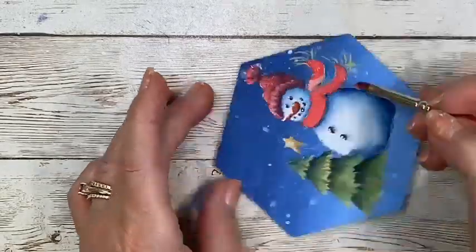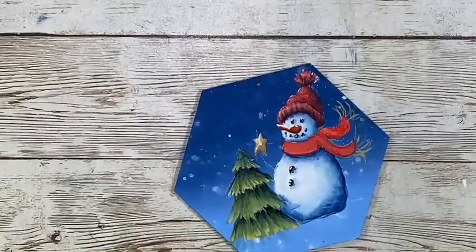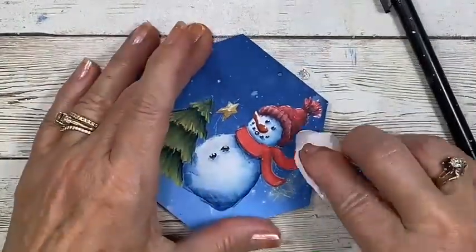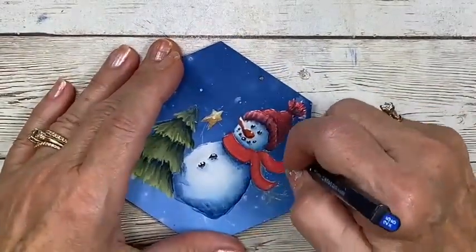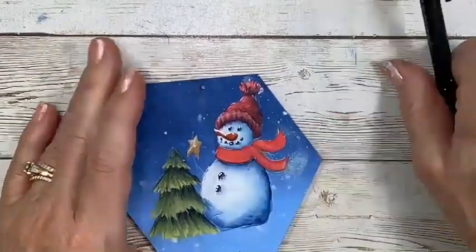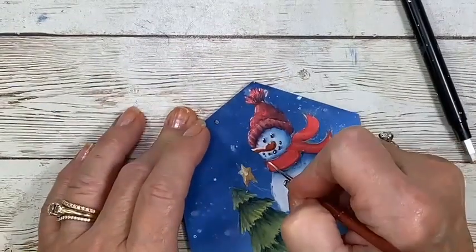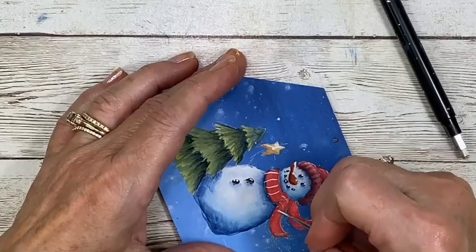And the fringes, I didn't want the yellow ones on there, so I'm using my Mono Zero eraser. If you dip it in water, you can use it to remove dried paint. I took most of it off. I left a little bit on there because I was going to cover a lot of it up with the white fringe. And I'm using my Epic script liner and Snow White just to quickly put on those little stripes